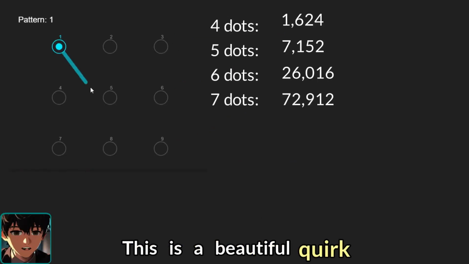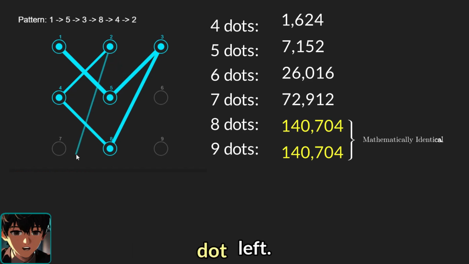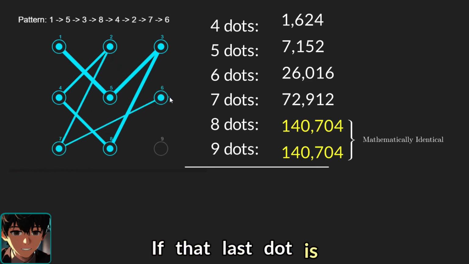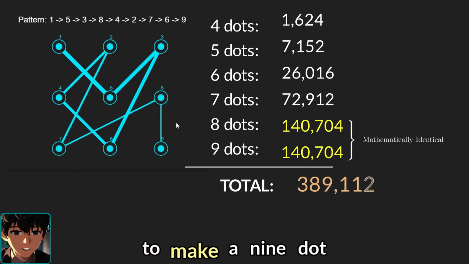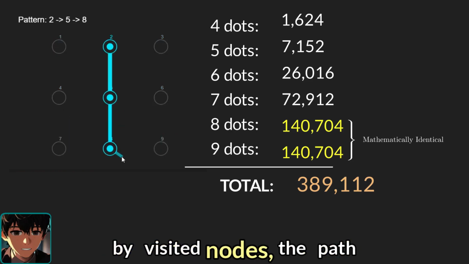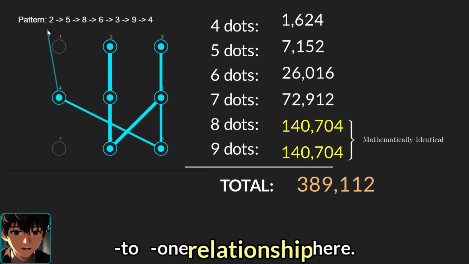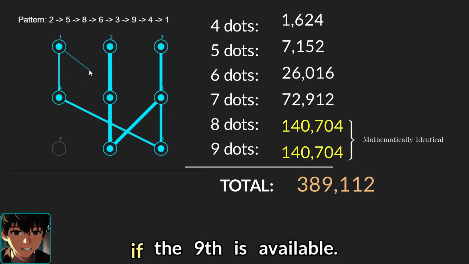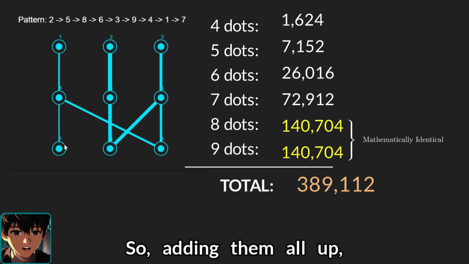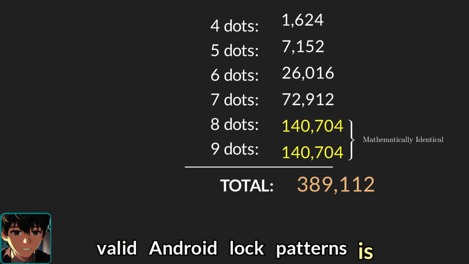This is a beautiful quirk of the graph. If you have connected 8 dots, there is only 1 dot left. If that last dot is reachable, you must connect it to make a 9-dot pattern. If it's not reachable, blocked by visited nodes, the path ends at 8. Mathematically, there is a 1-to-1 relationship here. You can't stop at 8 if the 9th is available. So adding them all up, the total number of unique valid Android lock patterns is